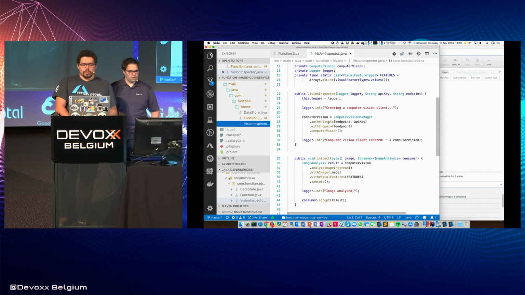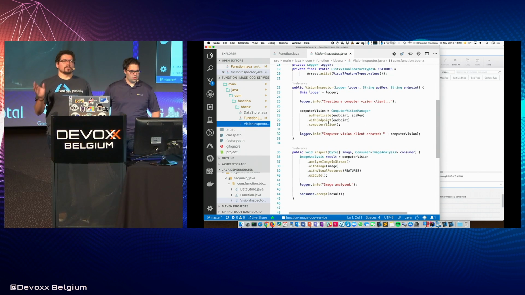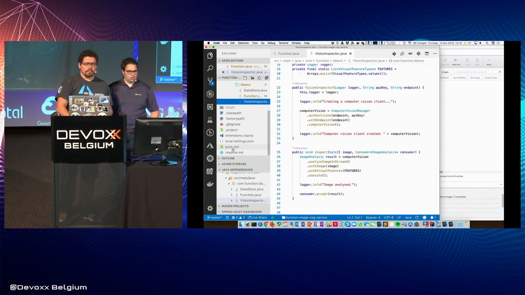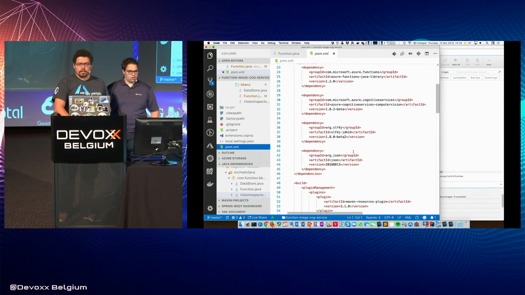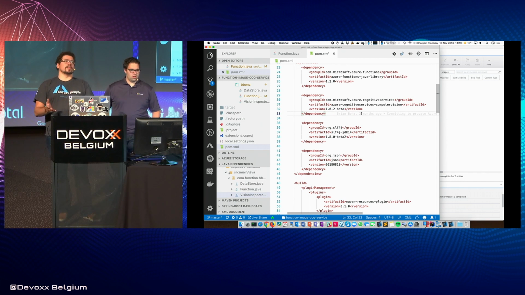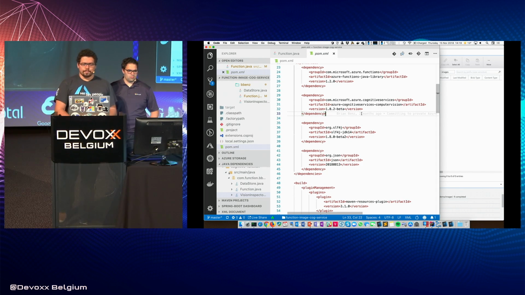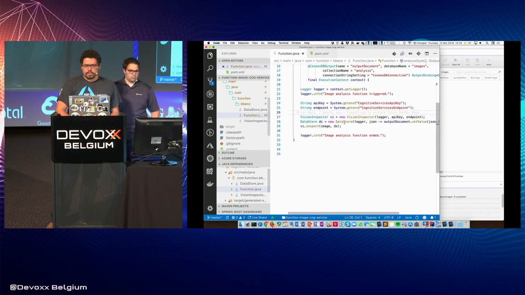And here's the interesting code, because this is not using binding, it's not even a trigger, it's actually the Cognitive Service SDK, which means it's a Maven dependency on my code. And here it is. It's a Maven dependency as you would do on any Java project. You can actually add any dependency you want. You can add any kind of Java dependency that you might need to implement your code. So once I have that,